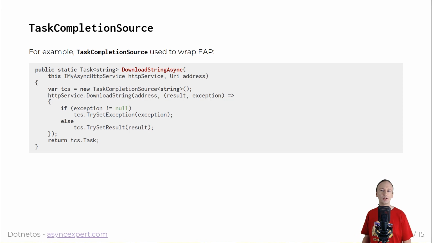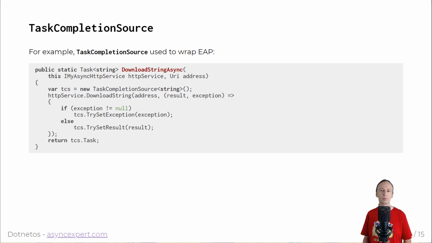It starts an operation of downloading a string from a given URL, but then you can be notified and you can consume the result by the provided callback, a callback provided to this method. So it would not be possible to use a task directly here. But we can use TaskCompletionSource, and because DownloadString is a method that is just returning a string, we are using here TaskCompletionSource of string because we are interested in wrapping all this into a Task of string. So what we do here, we are newing up a TaskCompletionSource of string,